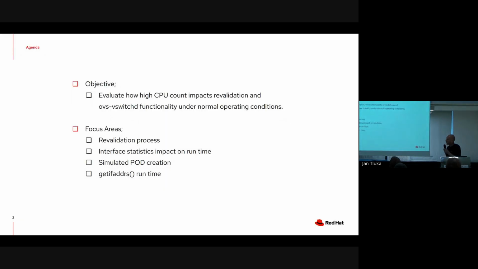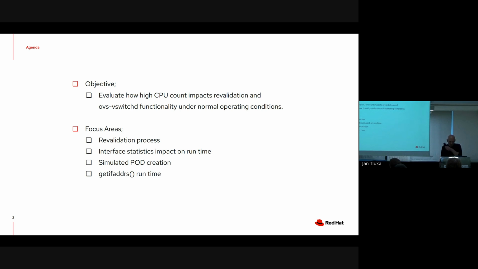All right. So the objective for my testing was not to see how Open vSwitch will react under excessive load. It was just the idea of what happens if you have a system with a lot of CPUs instead of a number of cores under normal conditions. So nothing extreme, just replacing a 64 CPU system with 128 or even more, and see what the impact is